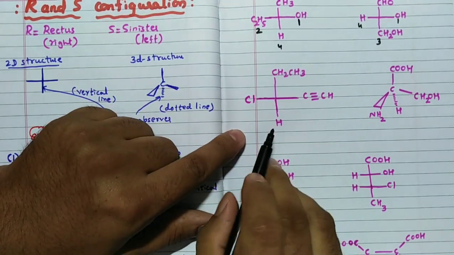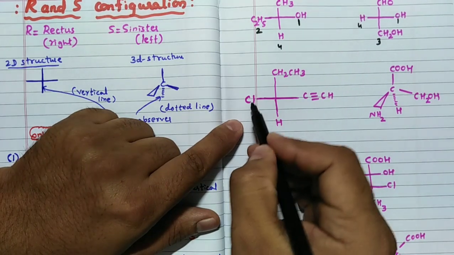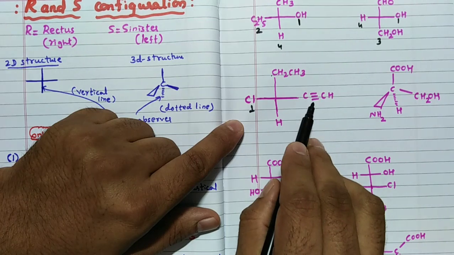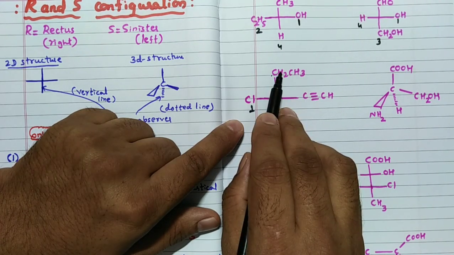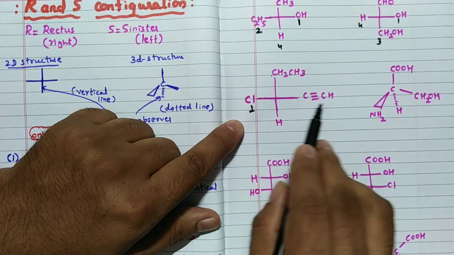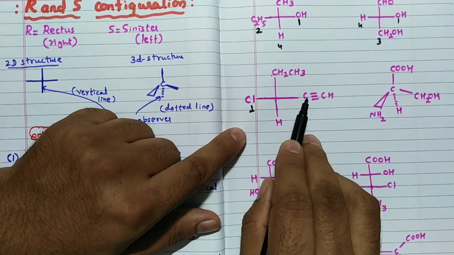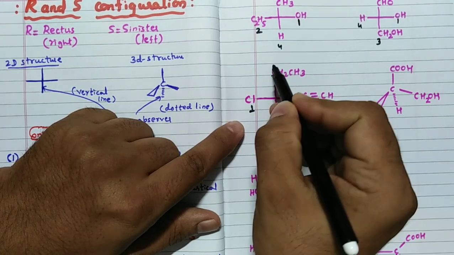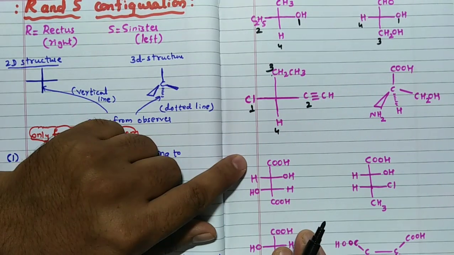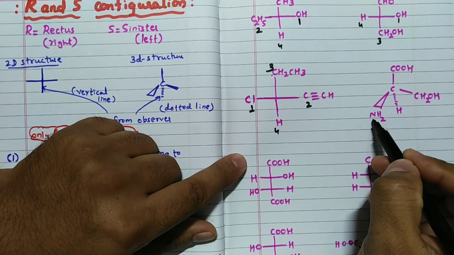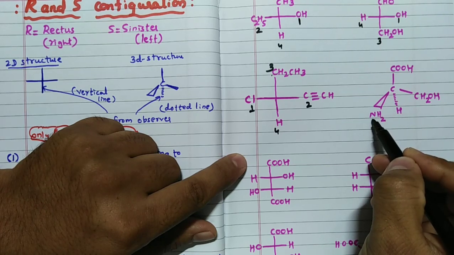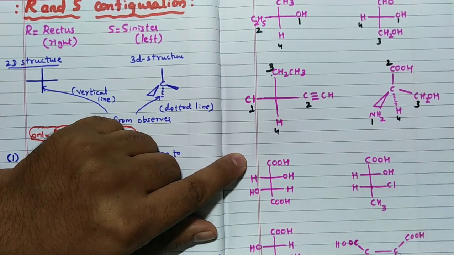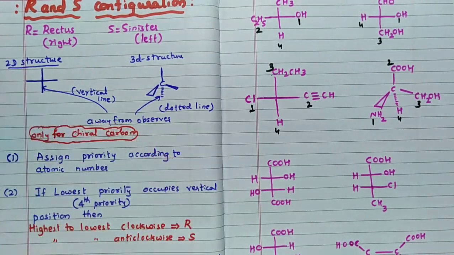Like that. You can see here, in this case, first priority Cl, no doubt. Second priority C≡C. But here triple bond is there, double bond is there, single bond is there. A triple bond means you have to consider it as single bonded atoms, just like 3 carbon atoms attached here. So C like that. So second priority is this, third priority is this, fourth priority is this. Now in this case, NH2 is first priority, because between carbon and nitrogen, the atomic number of N is more. So first priority, second priority is this, third priority is this, fourth priority is this, like this. For this molecule, I will tell that later.